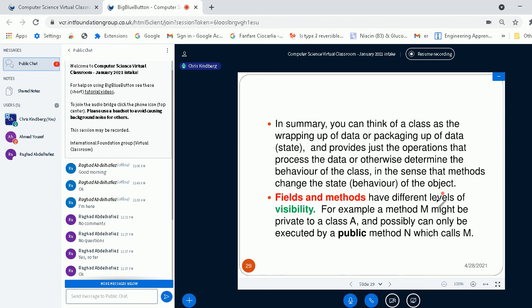have different levels of what's called visibility. I mean, if class B has a method M, I, who am outside, not inside the class B, won't be able to use that method if it's been marked as private. I could use the same method if it had been marked as public. So we're back to the question of access and access modifiers.